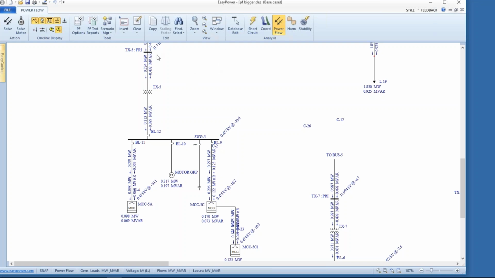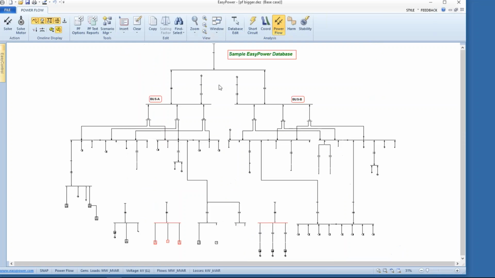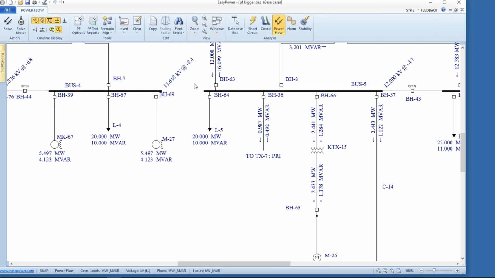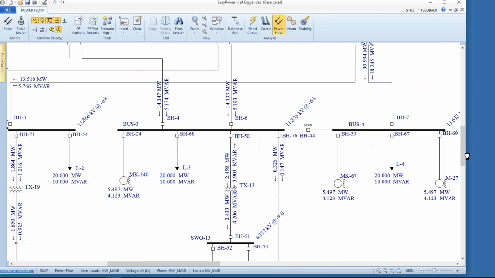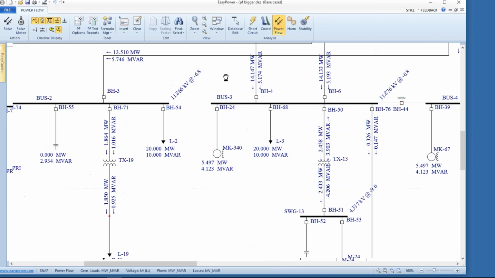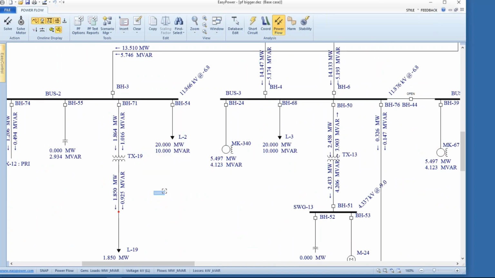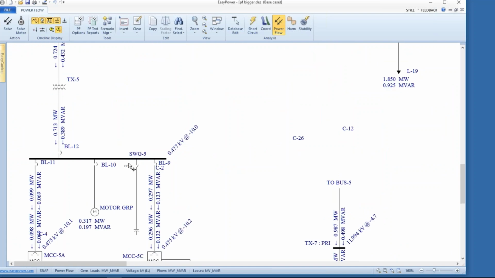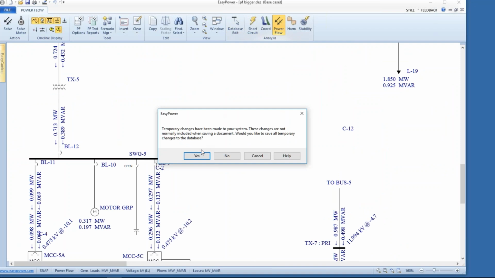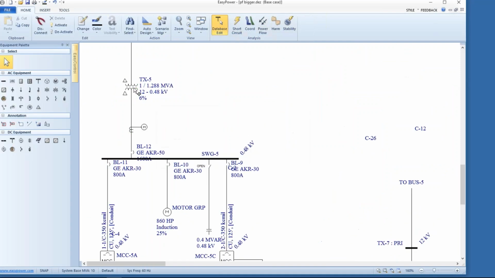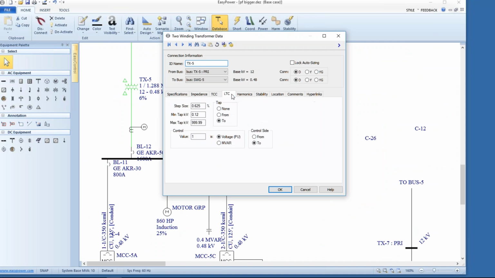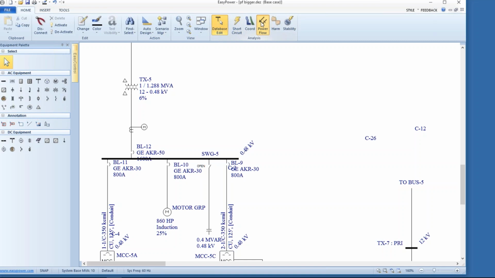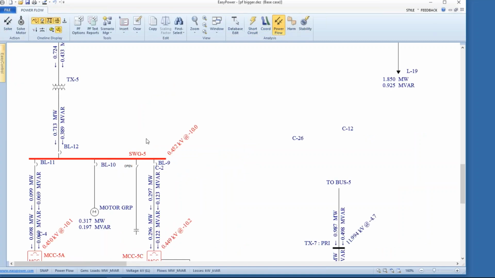All right, so let's see where else we've gone with this. So now, based upon making some adjustments, let's go ahead and take our capacitor out of the circuit. What I want to do is now look at the reports that we can generate. Let's go ahead and take our transformer back down to no load tap changer and go back to PowerFlow, solve,